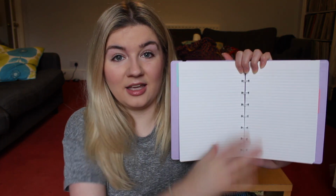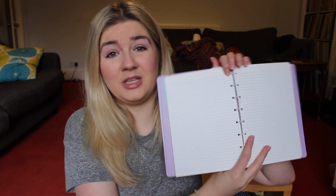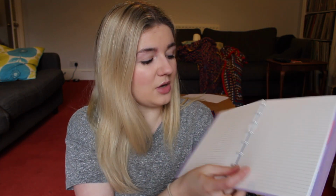It's really nicely spaced lines, nice close spacing, which is what I like. It's ring bound, which means it lies flat really nicely, which can be difficult to find, and I find that particularly helpful. I like to just be able to lie it flat and even sometimes turn it over, so I like that about it. Like I mentioned, you can refill it, so all of these pages are easy to remove. If I decide I hate something I've written on a page, I can just rip it out really simply and